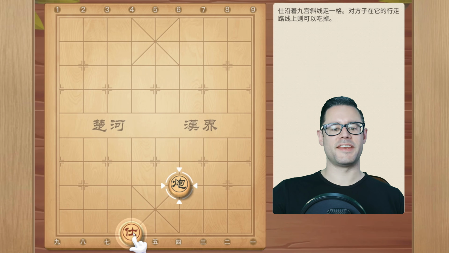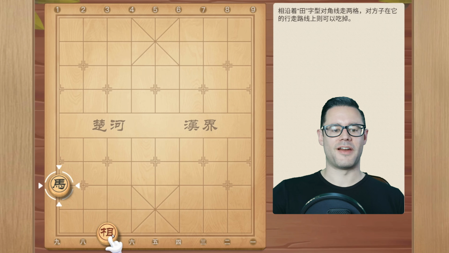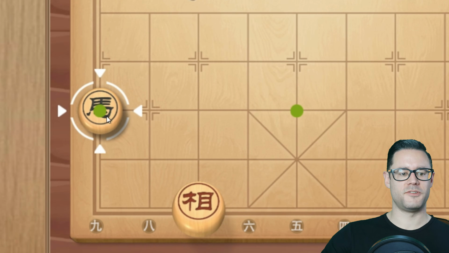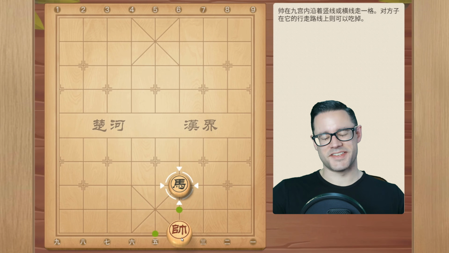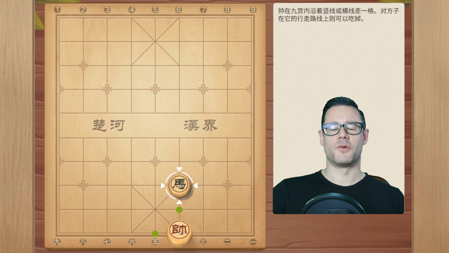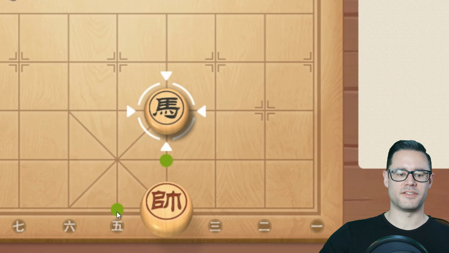Our opponent's cannon is sitting on a diagonal corner of the palace, and if they don't move it, our advisor can capture it. Same thing here, our elephant can move two spaces, 1, 2, to reach the horse. Even our general can capture pieces, as long as it's not getting put in check by doing so. So in order to reach this horse, the general could not move left, because that would be putting the general in check from this horse, which would be one space down, one space diagonal, meaning this horse is pointed right at this location on file 5. So to get to the horse, our general needs to move two spaces forward.